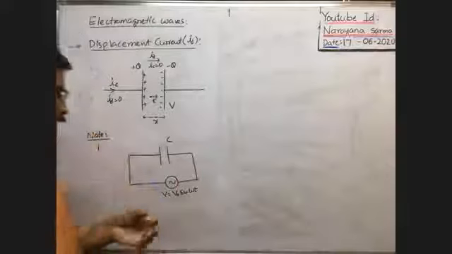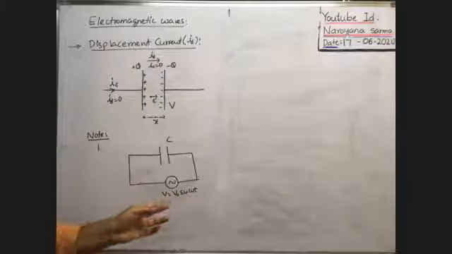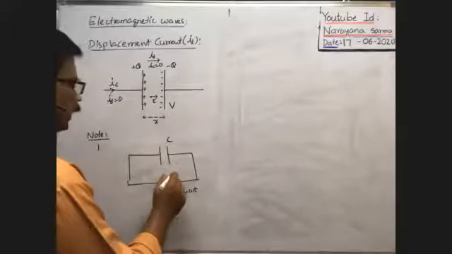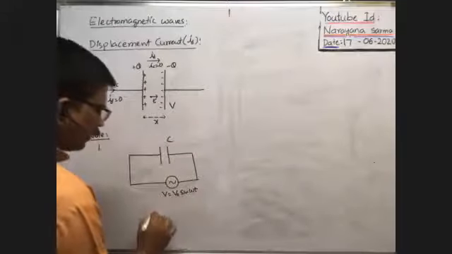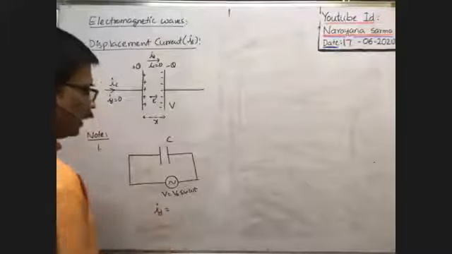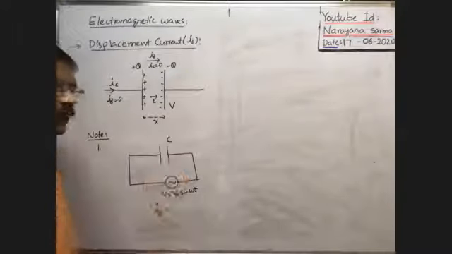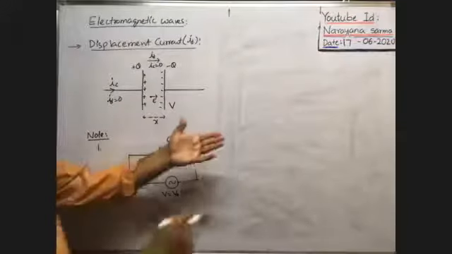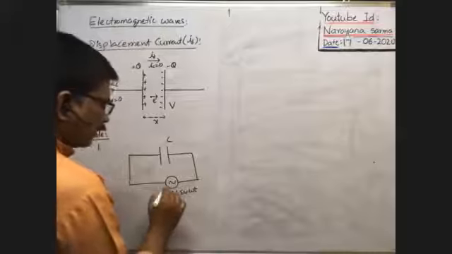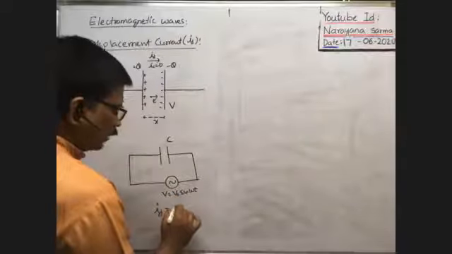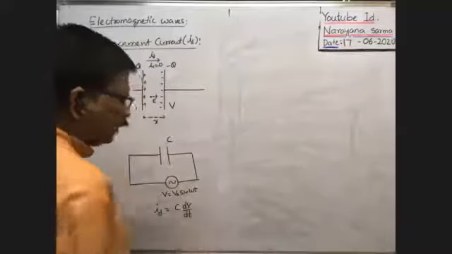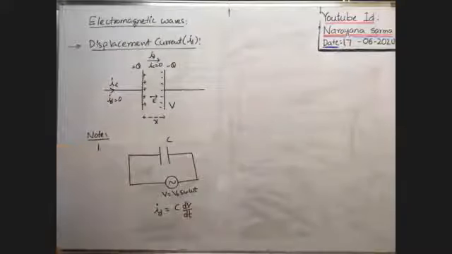Okay, right. Here, the alternating voltage applied by means of a source is equal to this one. Therefore, we have to find the displacement current from this. What is the formula for displacement current in terms of the potential difference between the two plates of the capacitor? Previously, we obtained the displacement current in terms of applied voltage as C into dV by dt. So displacement current is equal to C into dV by dt.